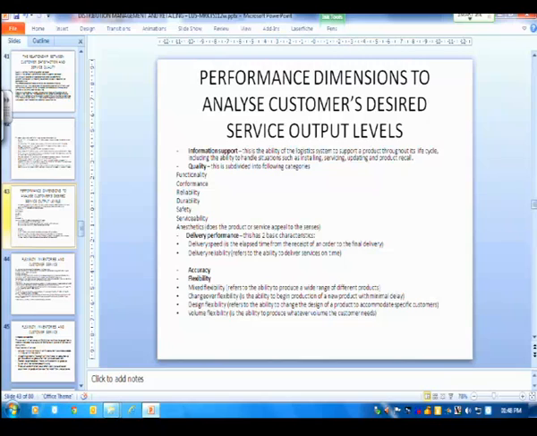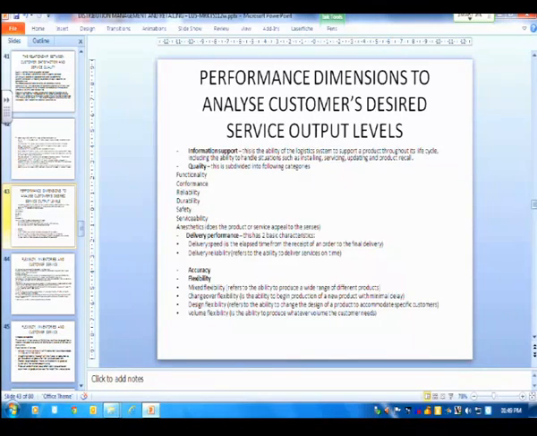Performance dimensions to analyze customers' desired service output levels. Information support. This is the ability of the logistics system to support a product throughout its life cycle, including the ability to handle situations such as installing, servicing, updating, and product recall. Quality. This is subdivided into the following categories: